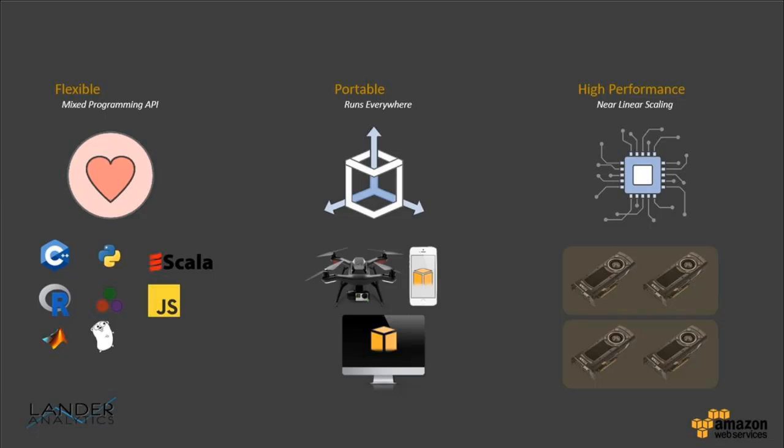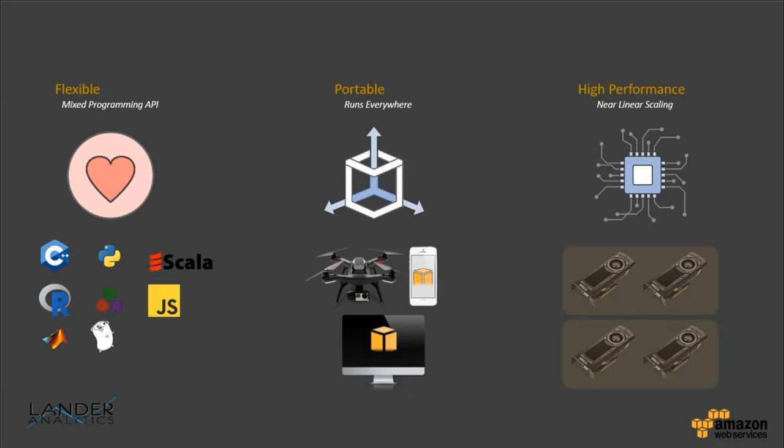To talk about Apache MXNet rapidly, the reason we chose Apache MXNet as a deep learning library is for essentially three major reasons. It's flexible. Many deep learning libraries come with a certain programming language that they oblige you to use. Our approach is to serve the maximum number of customers possible, and we want you to be able to use your language of choice in order to use Apache MXNet, and that's a benefit that comes with it. The portability of MXNet, in the sense that it's a lightweight library, is also a value proposition. It's also a reason why we chose it as a framework.